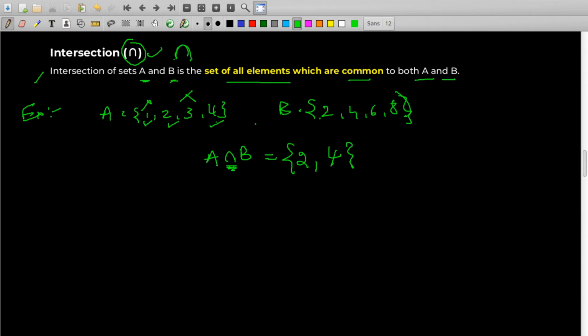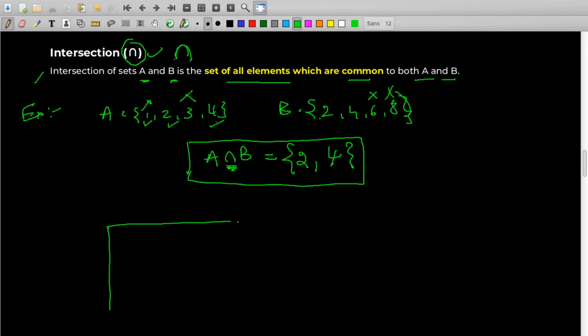And A, that's it, it doesn't have any other elements, so obviously 6 and 8 won't be there in the intersection because these are not there in A, right? So that will be the intersection. If you want to find it using Venn diagrams,